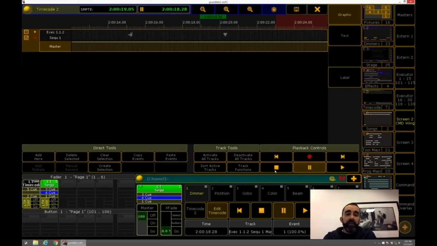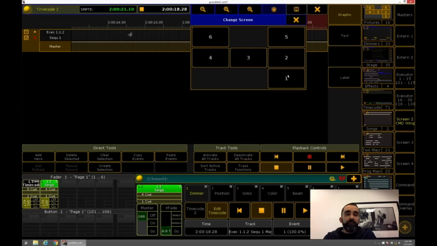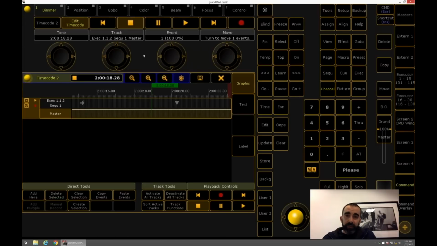What tends to happen is you might want to edit these events. So this is where you can use your encoders. I use the zoom to fit button. So this is how you actually move your little ticker manually. You also select different tracks. So we want to work on the first track, not the second one. We want to work on the first track, and we want to grab a particular event.